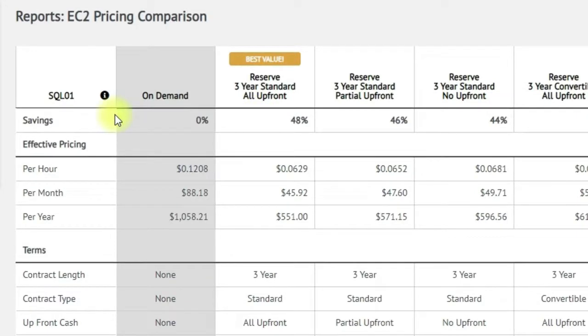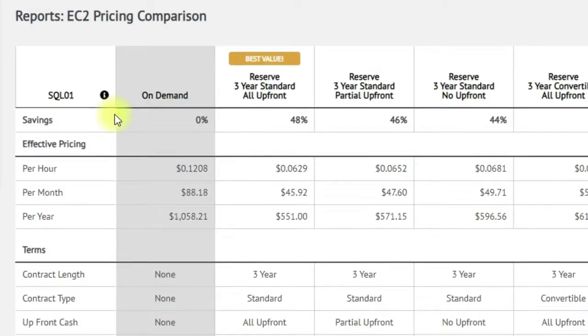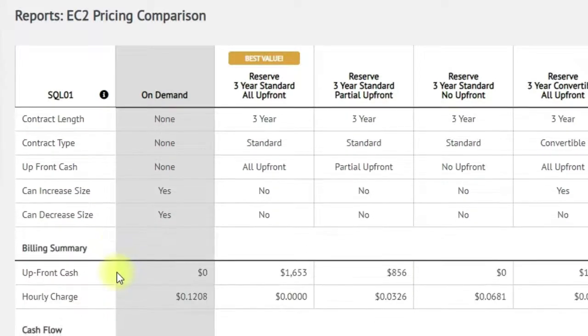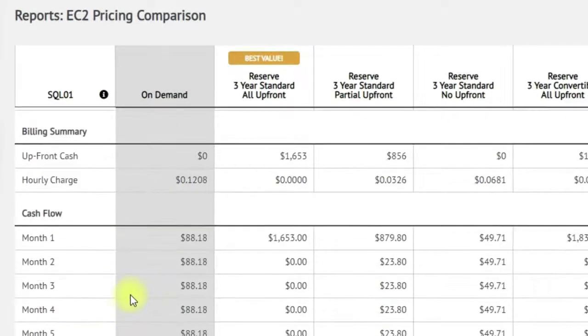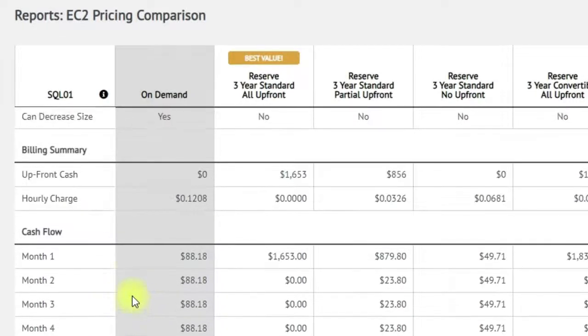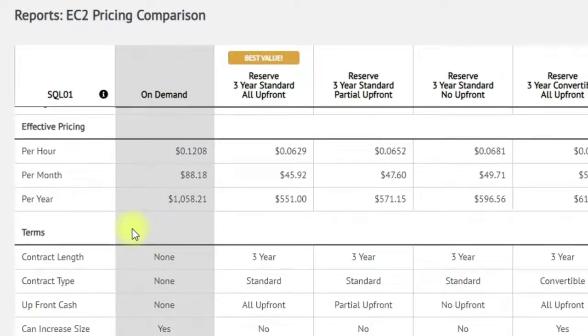So along the left-hand side, we've broken down all the financial and contractual information for both the on-demand pricing as well as each of your selected reserve instance contract pricing. So you'll be able to quickly find out things like effective pricing per hour, per month, per year, the basic contract terms, how much cash is required up front, can you increase or decrease the size of the instance mid-contract, also kind of what the hourly charge is going to be, and a complete detailed cash flow analysis for the next 3 years, so you know exactly what you're signing up for and can find the best reserve instance contract